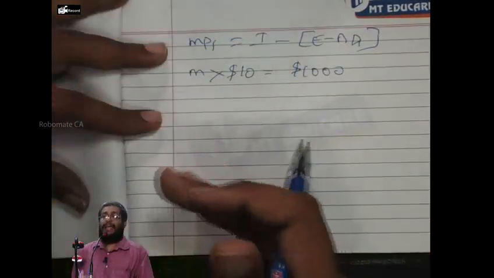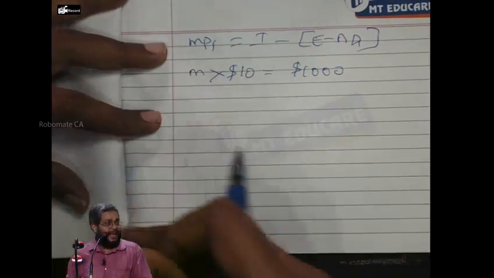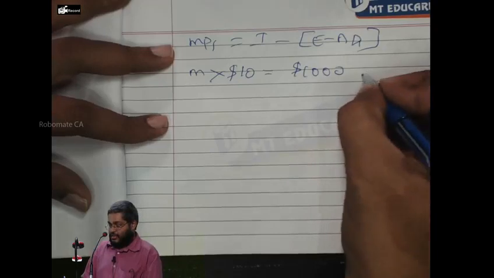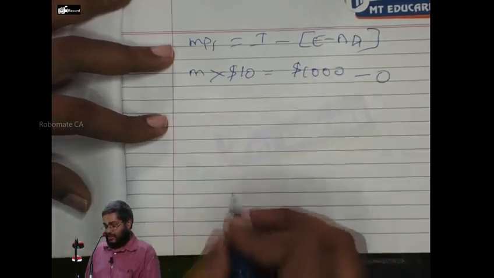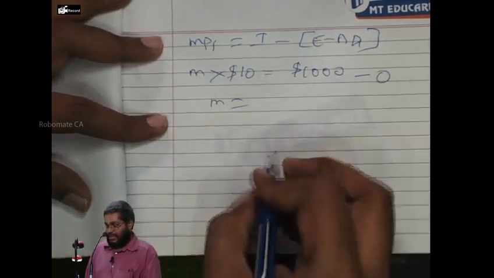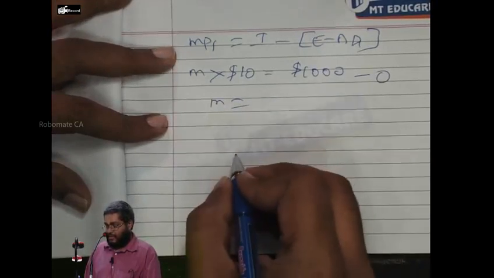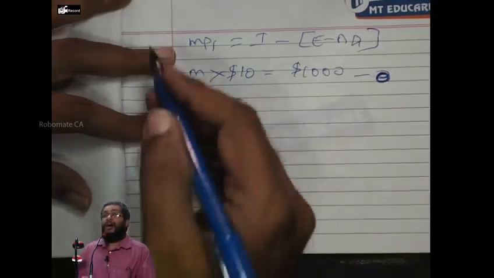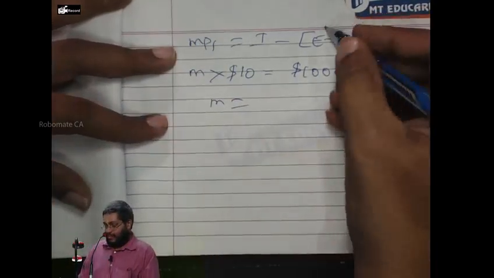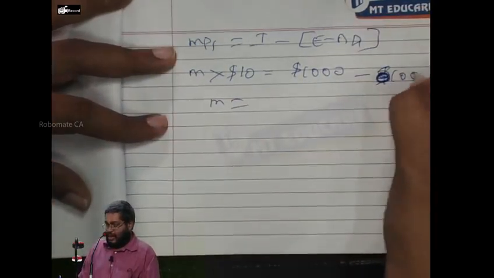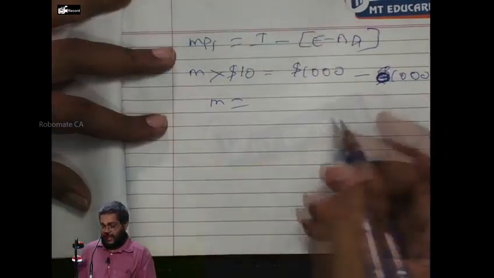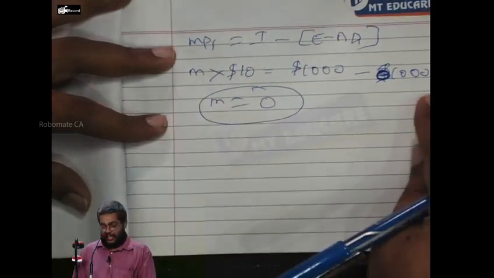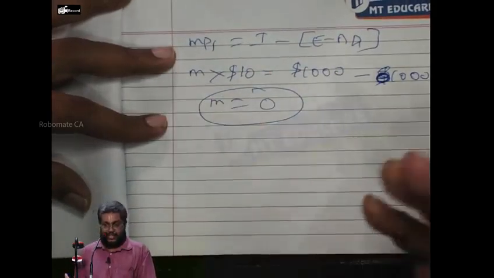So don't ask where is E. I'll get E only when I work for 1 year. Now the business has only started. Any earnings? No earnings. So $1,000 minus 0. So what is M? Oh sorry, I minus one thing. I have $1,000 cash or not? I'm going to finance through retained earnings, the $1,000 cash. So M is 0 shares. When I use retention, 0 shares are issued. Can I proceed?